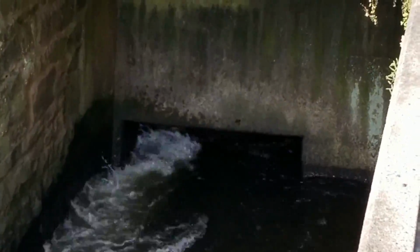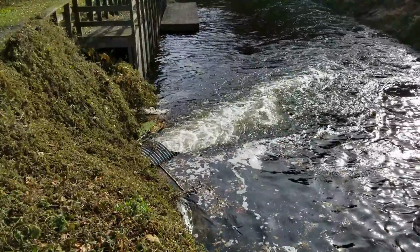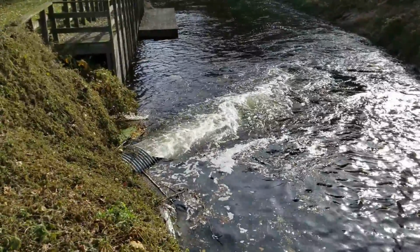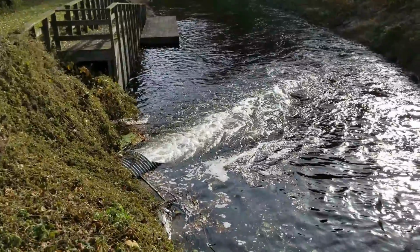Here's another spot here too where water's exiting from the pipe that may be connected up top as well. Looks like maybe there's two spots where the water drains down to. I'm not sure which one's connected to which, but